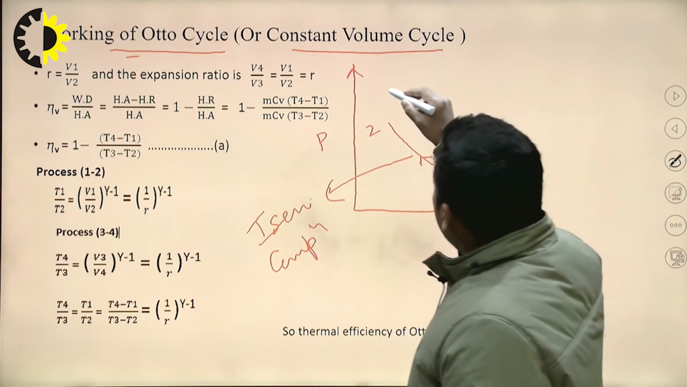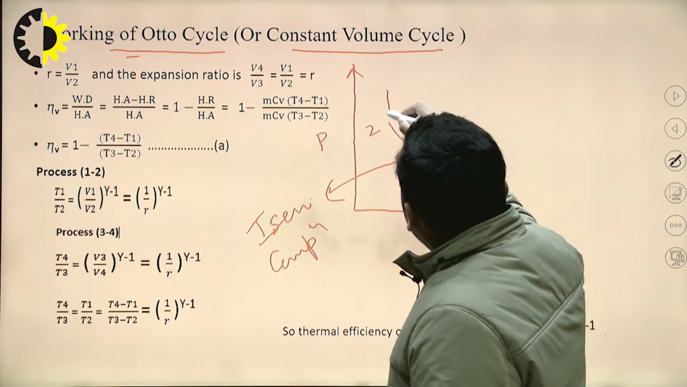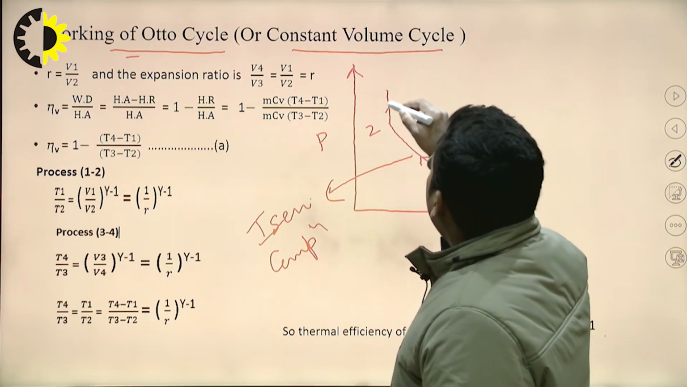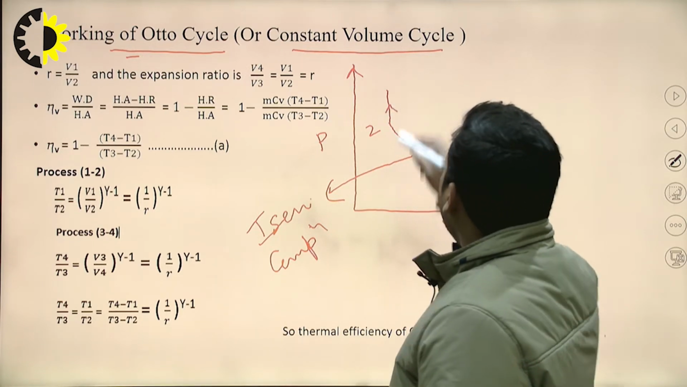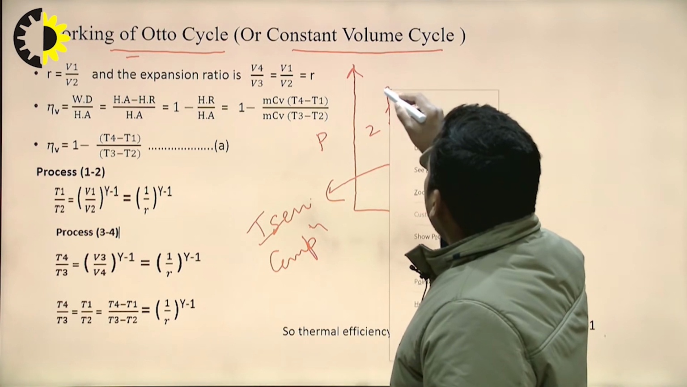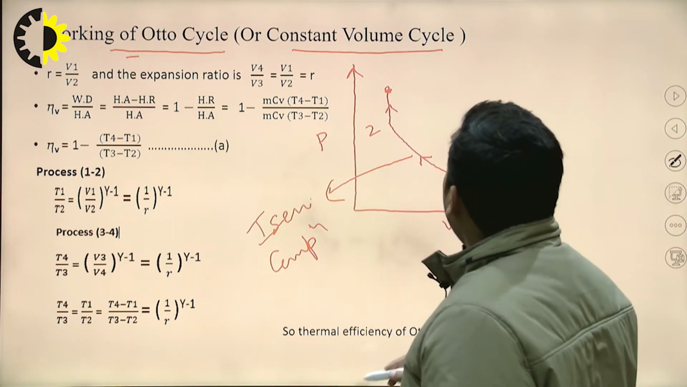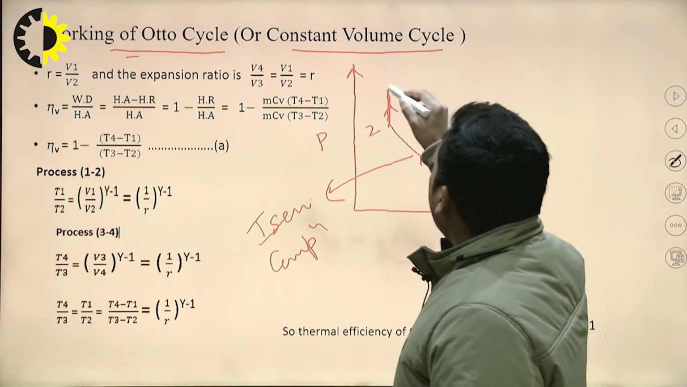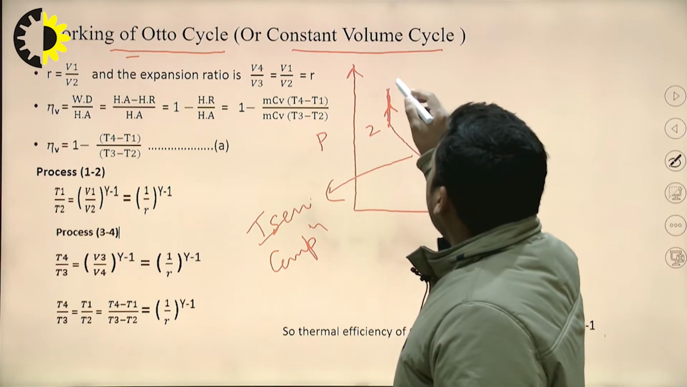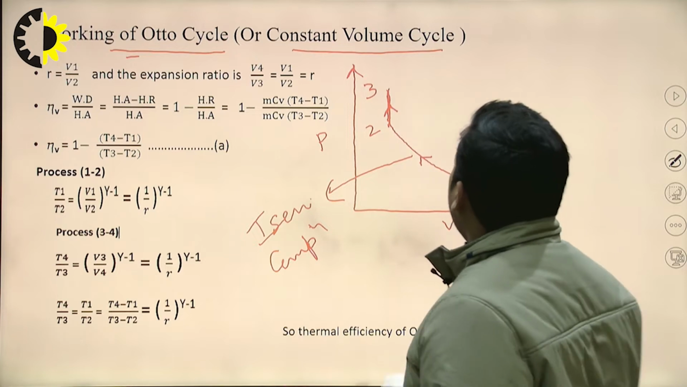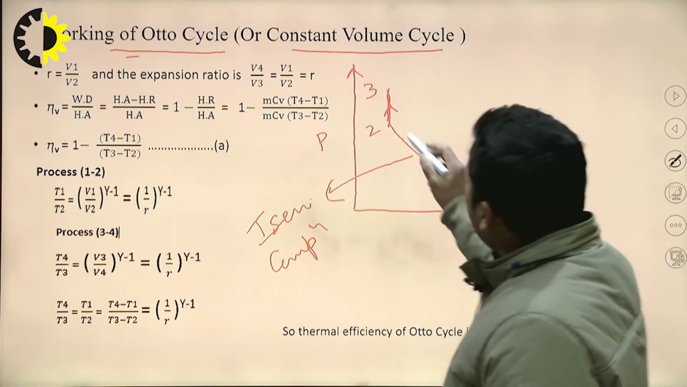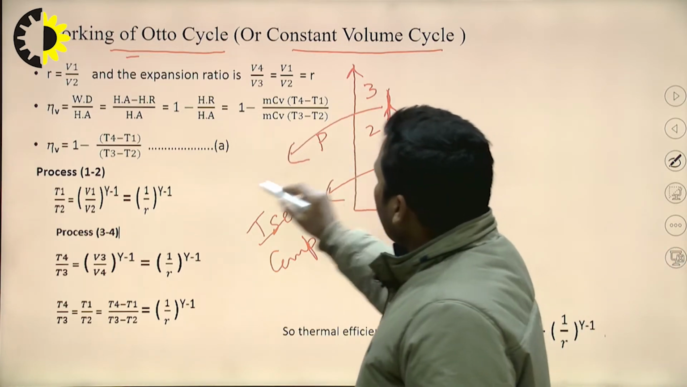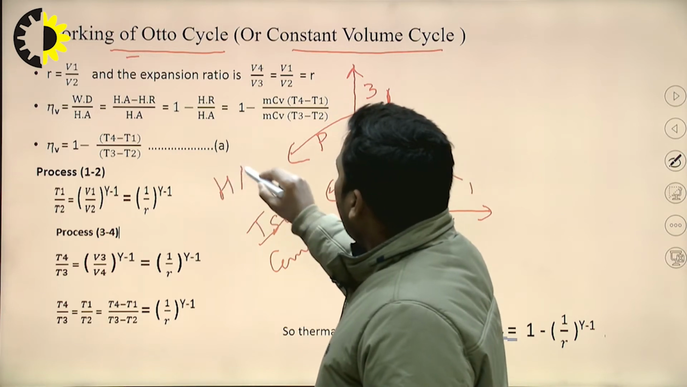Then at that time combustion of fuel and air will start, and due to the combustion of fuel and air, pressure inside the combustion chamber increases very rapidly and reaches a maximum pressure, that is point 3. And process 2 to 3 is known as constant volume heat addition